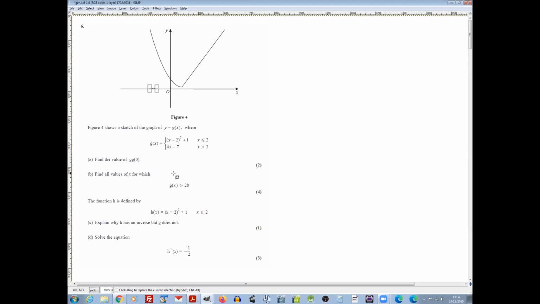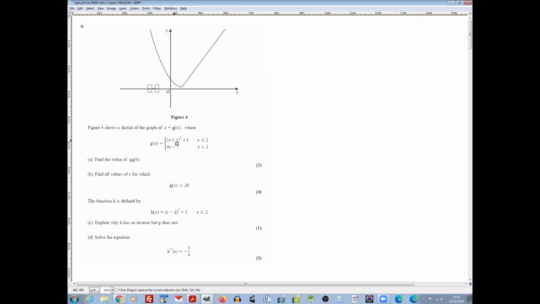But so 4 would be the what of this part of the story? The gradient. Good. And, I beg your pardon, minus 7 is the y-intercept. And you can see where that would be happening down at minus 7 on the y-axis. Only this story, 4x minus 7, is only happening from an x value of 2 onwards. So we don't actually see a y-intercept for that. Right. Okay, yeah. And then for this part of the story, before x is 2,